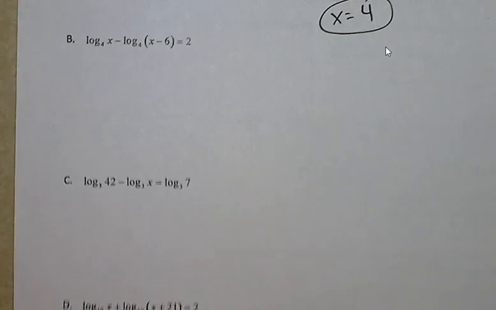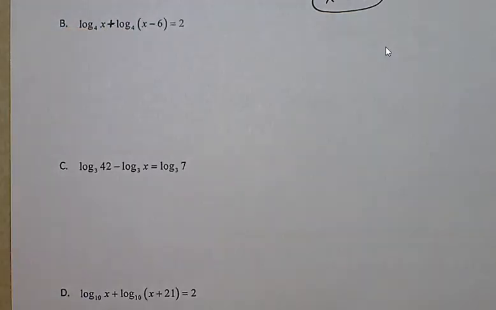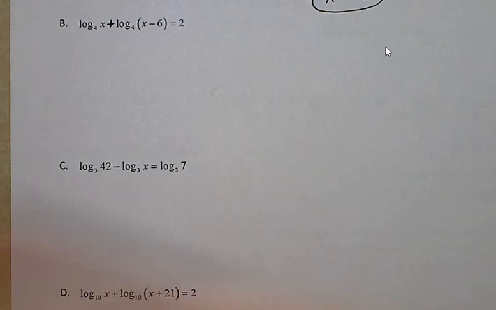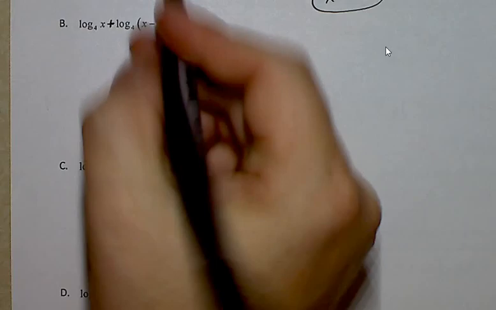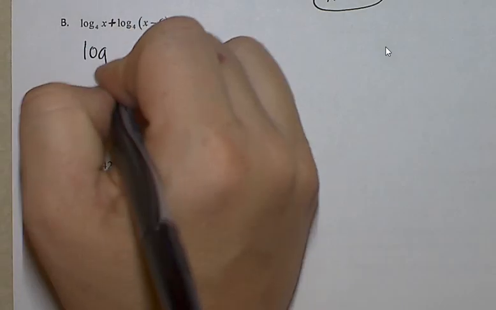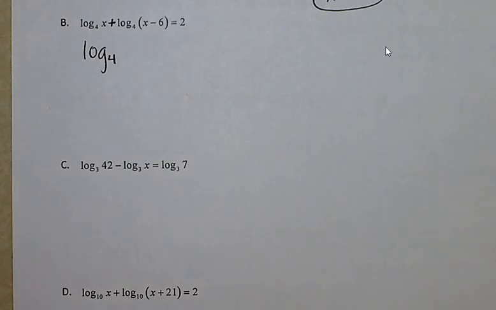For this problem, I'd like you to change this from subtraction to addition. I made a mistake, so it should have been addition. So we get to practice that way. The previous problem was subtraction, now we're going to practice with addition. There's no numbers out front, so I don't need to turn them back into exponents. Log base 4. When I condense this, addition turns into multiplication,